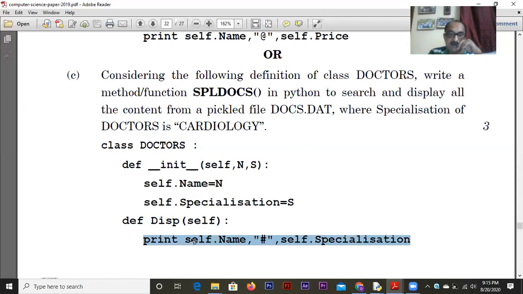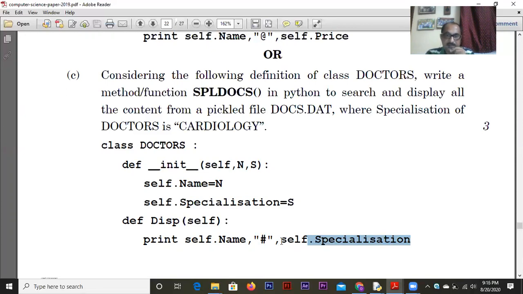They wrote that self is a keyword, forget about it. Name is a field, or a variable, which represents the name of a person or a doctor. And the specialization is another variable which represents the specialization of a doctor.